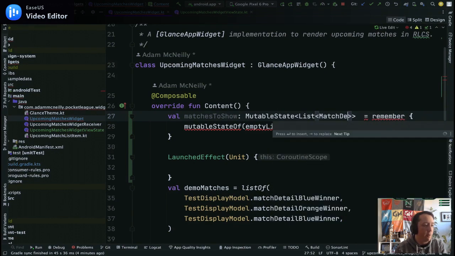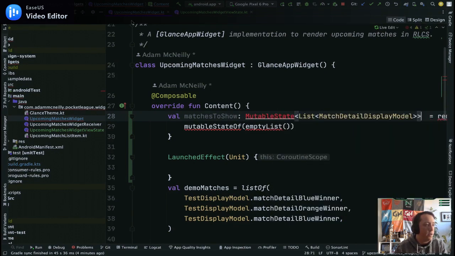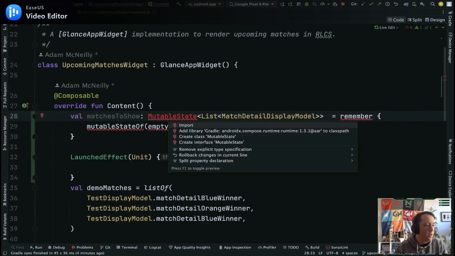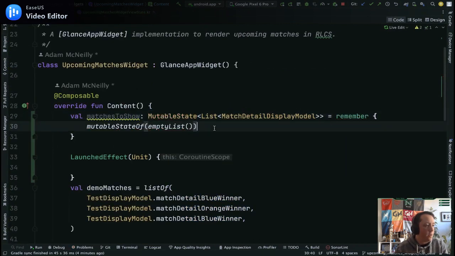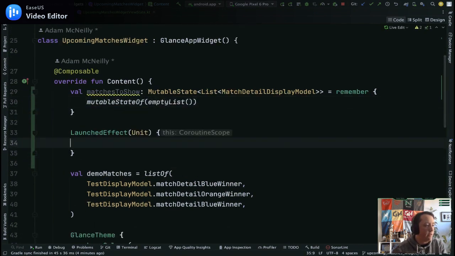What is, so, this would be mutable state list match detail display model. Okay, so we can do something like this, and I'm wondering if we can make a launched effect, and then we can do